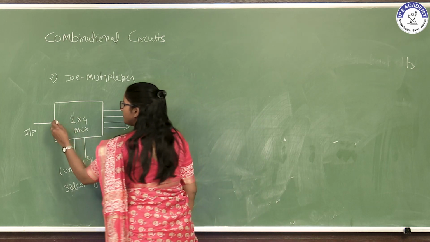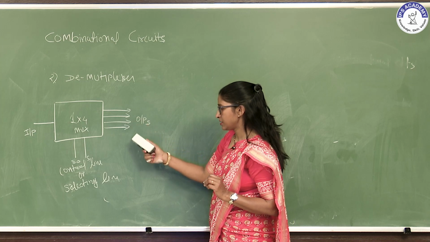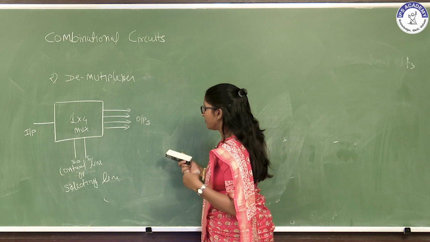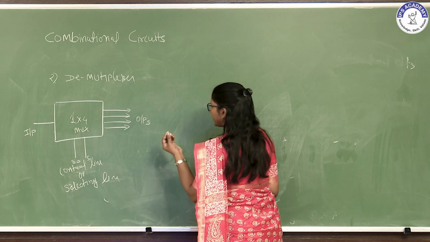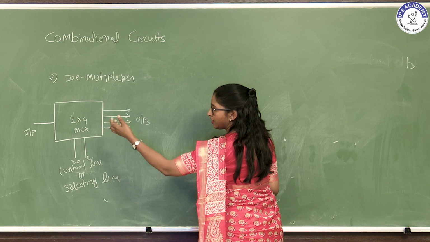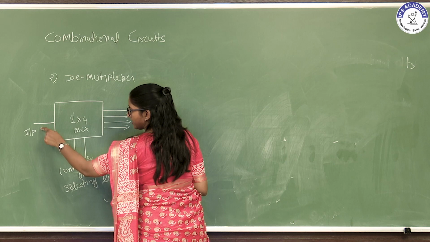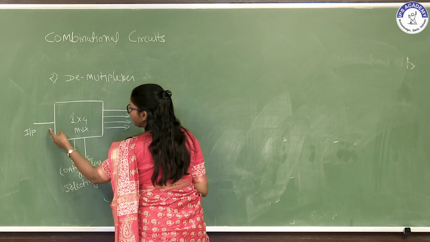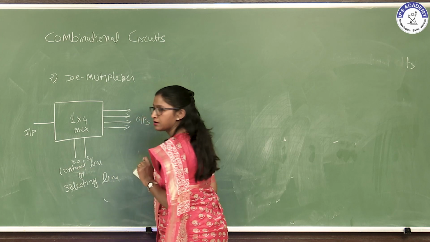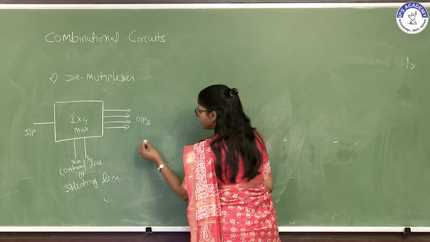So this is the block diagram of demultiplexer. Whenever we talk about the truth table of demultiplexer, the selecting variables decide which output the single input goes to. So here the truth table will be